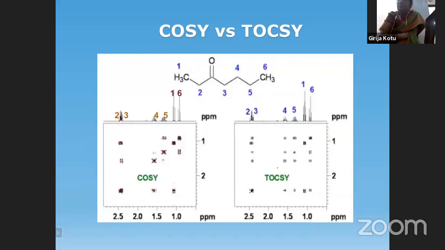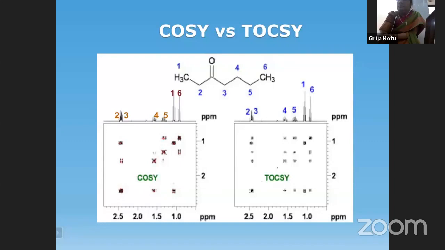So now here, an example is given, COSY versus TOCSY for this molecule. This is 3-heptanone. How the COSY looks and how the TOCSY looks. Here, in fact, students, you have to understand one thing. Whether it is a COSY spectrum or a TOCSY spectrum, the boxes are not drawn. We'll have to identify the cross peaks and draw the boxes. For your convenience, for your understanding, I have just drawn and shown. But the actual spectrum doesn't show any cross peaks, doesn't show any boxes.